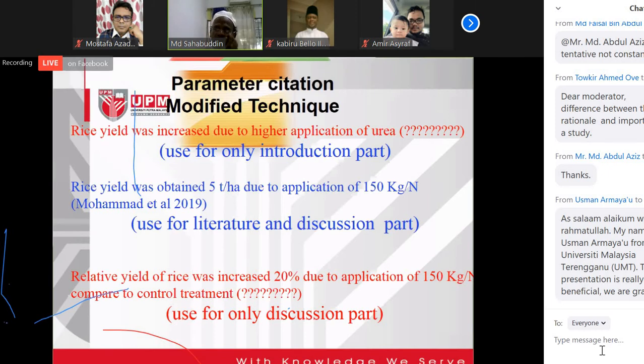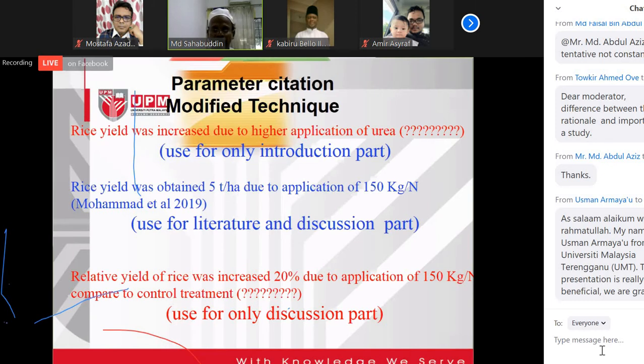The upper one, the red upper one: rice yield was increased due to higher application. That means here no specific result, only you mention the trend. Increasing due to higher application. Only highlight the trend. So this is called the modify 1 technique. Then the author name will be the same.